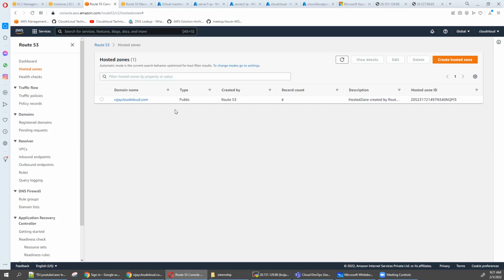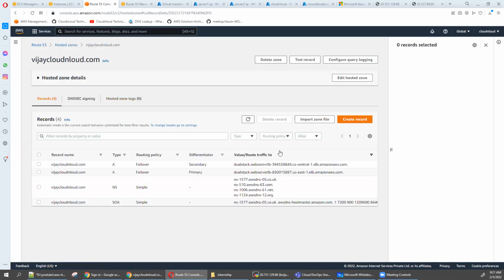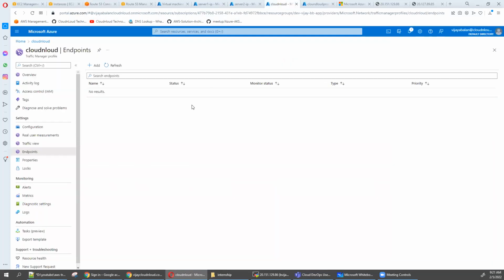Helen, are you clear? The endpoint part. See here, I'm going here. I just mapped my load balancer, that is this DNS name. So you can say this is one endpoint I associated, and this is another endpoint I associated. Maybe you can take it this way. The same we are doing in the traffic manager also. I hope everyone is clear, right? Who asked what is endpoint? Okay, so now